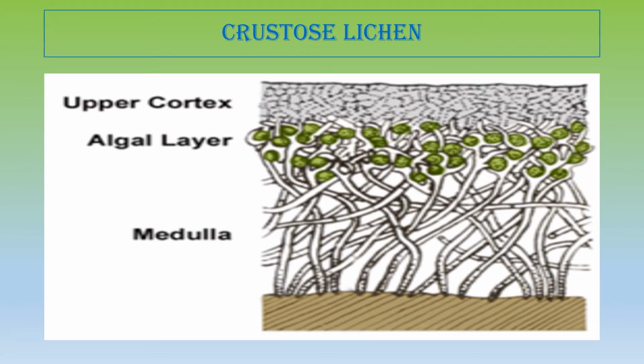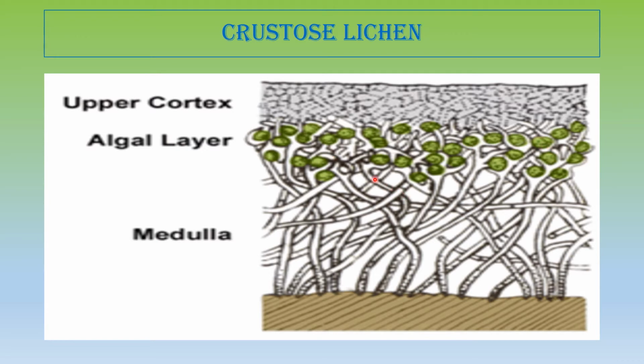This is the structure of crustose lichen. We see that it has an upper cortex of fungal material, fungal filaments that are closely adhered to each other. This densely packed filamentous region is called the upper cortex. In the next layer, we have algal cells that are intermingled with the filamentous fungal hyphae,